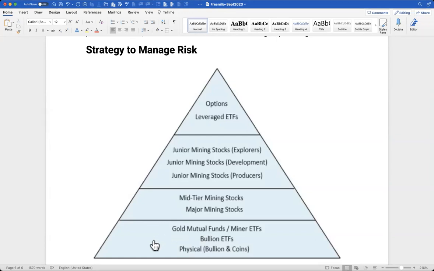I have three of those, and that's about 10%, I think. Maybe not 10, 7 or 8. And then miner ETFs, I think I have three ETFs, which is another, I don't know, 5% or so. So this bottom, I have about 25%